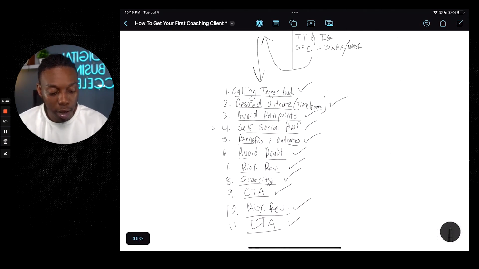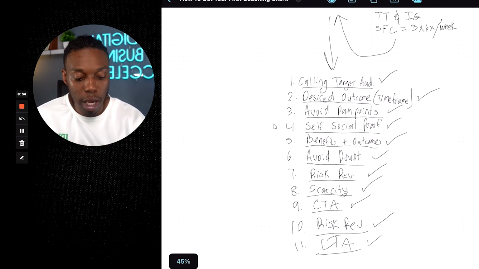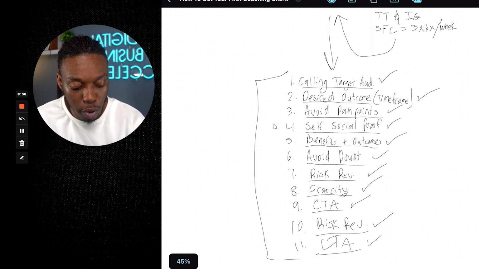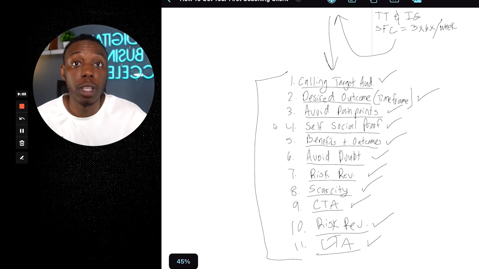And again, this is called an OTO. All you're looking to do is, if you have an audience, you're going to publish this in front of your audience. If you don't have an audience, you're going to post content for 14 to 45 days until you build up somewhat of an audience. It doesn't have to be a large audience. And then you're going to post this on your TikTok, right? If this is something you're posting on TikTok, you create a video with the same script. If it's something you're posting on Instagram or Facebook, you can build out copy. You can also create a video for these platforms as well.